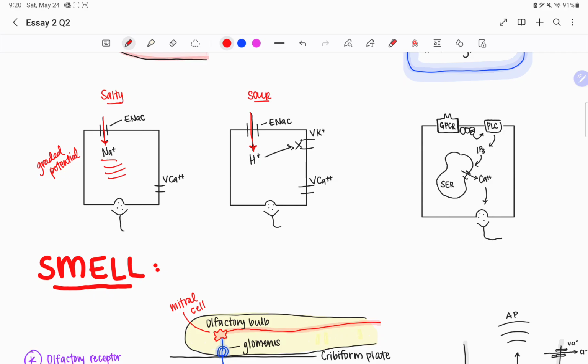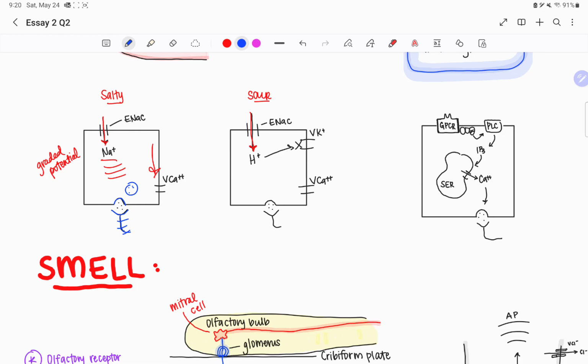That moves down along the membrane and opens up the voltage-gated calcium channel. Calcium rushes into the cell and binds to our vesicles. Then the vesicles do exocytosis. They synapse with our neurons, and that sends the signal to our brain and causes an action potential in our neuron. Then that neuron takes it to the brain saying, hey, it's salty,